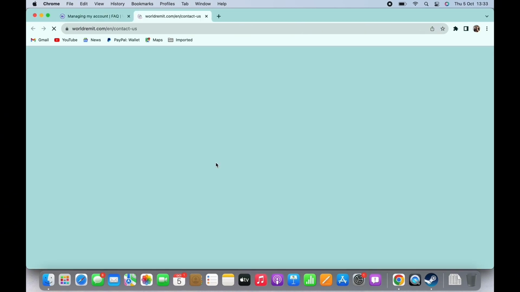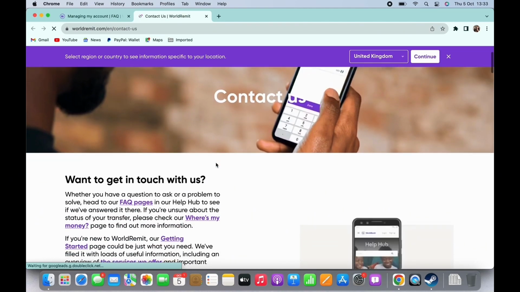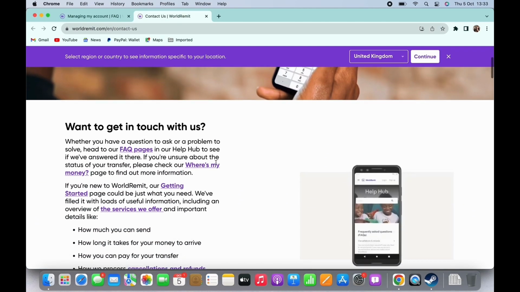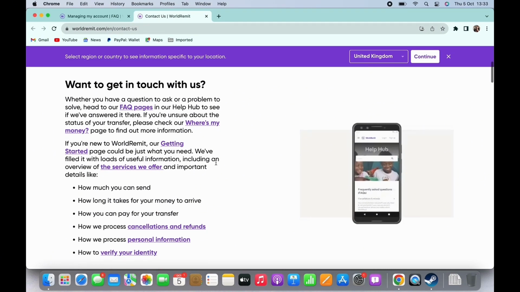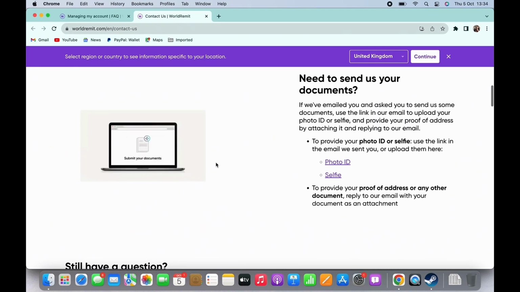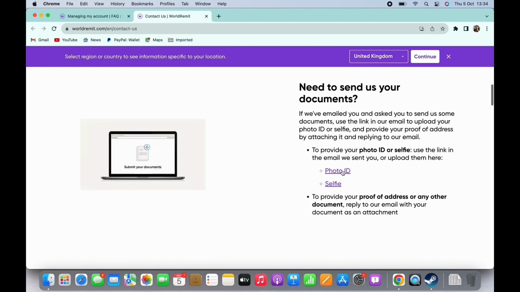Now simply get in touch with WorldRemit team by using your phone number or your email address. You might also actually want to confirm your identity by sending a photo ID and selfie on an email. Send in the email and the proof of address or any document and they will successfully delete the account for